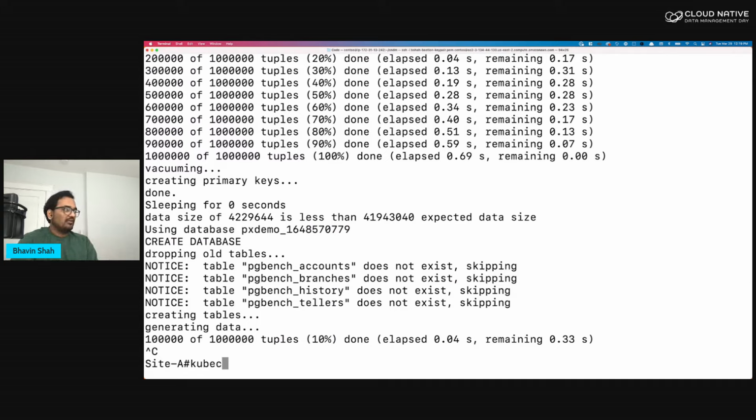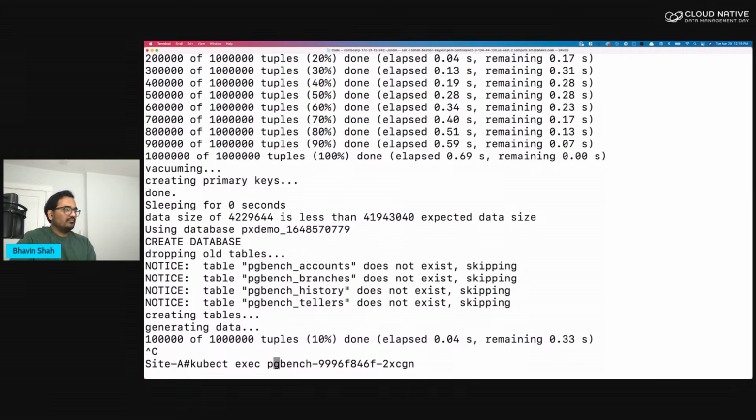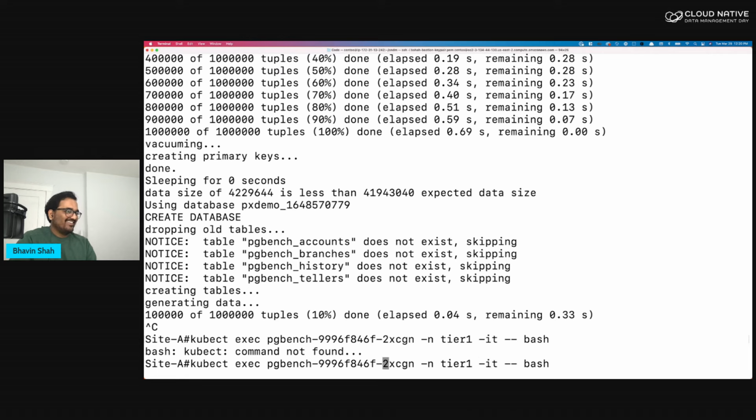So let's exec into the Postgres pod in tier 1. We'll just open an interactive bash session. I should know how to type better. Okay, kubectl, like I said.